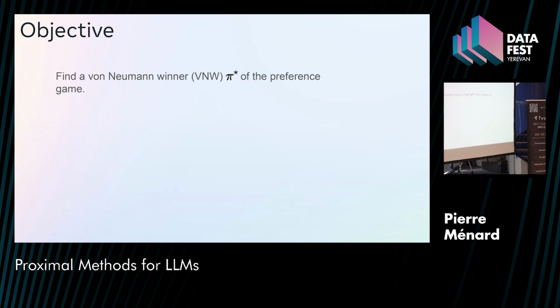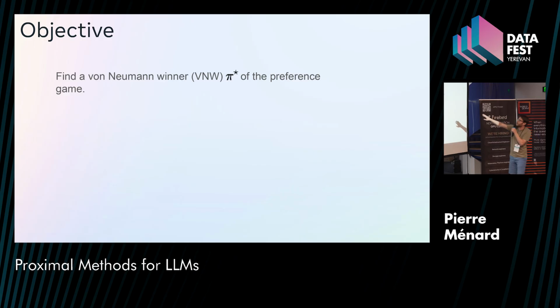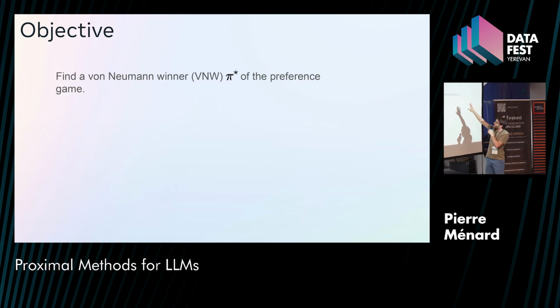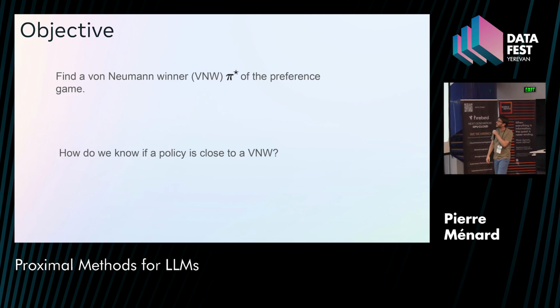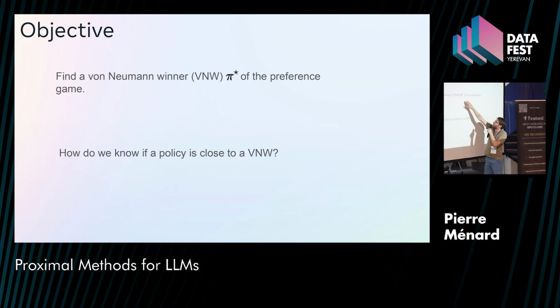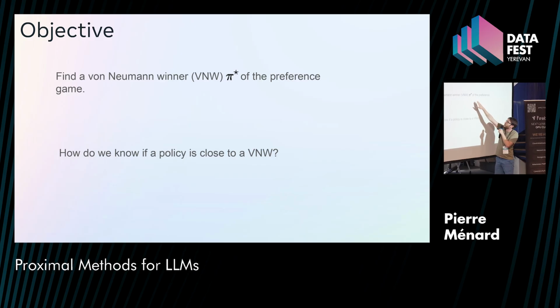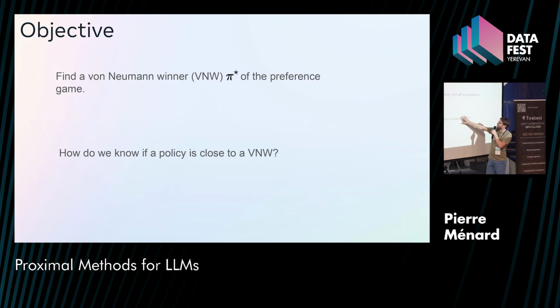So now we have a clear objective. We want to find this von Neumann winner for the preference game. But there is still something which is not completely clear: we know that we will not be able to learn exactly this thing. We will only get an approximation of it. And we need a way to measure how far we are from a von Neumann winner, how far we are from optimality. And